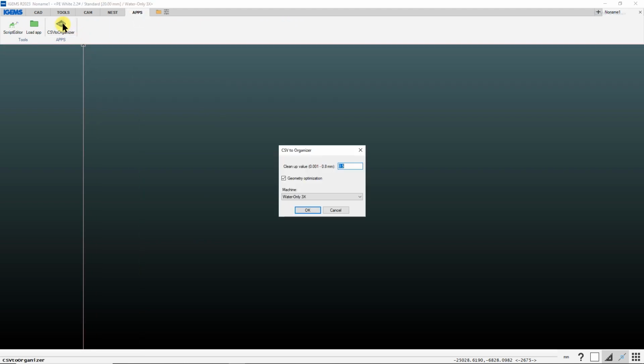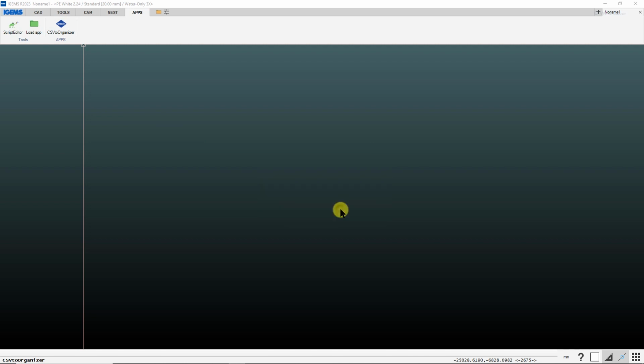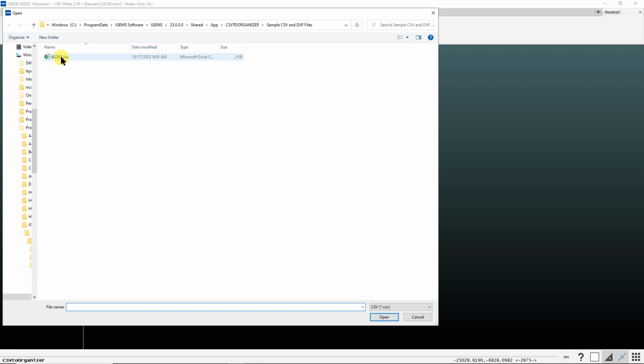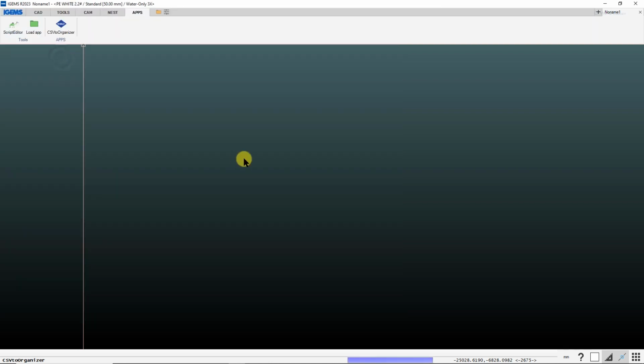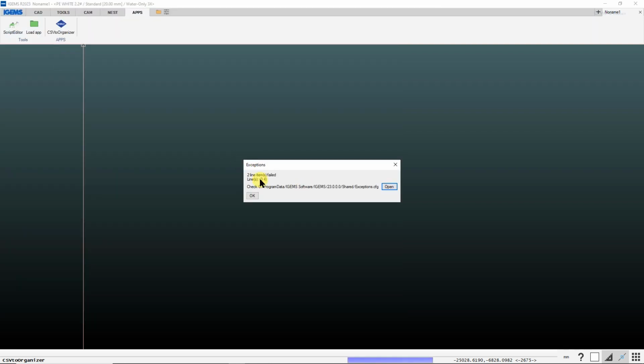So we've got our apps tab. Click on our new icon. Choose the machine that we're using. Double click on that CSV file. Because I didn't have the 30mm thickness in my material database, we've got a couple items that failed here. You can click on this open button